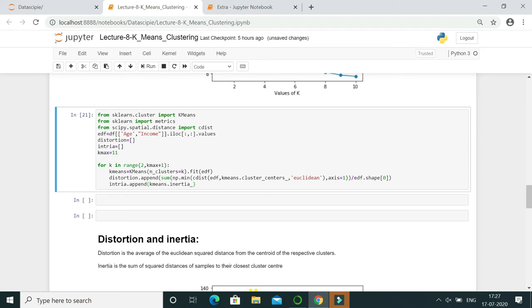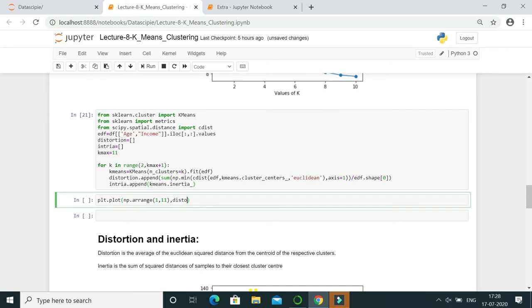Okay. Next we have to visualize our data. For that plt dot plot, what do we have to plot? First we have to consider 1 to 10 points on the x-axis, which define the value of k. So np dot arange, how many points do we require? 1 to 10. So 1, 11.